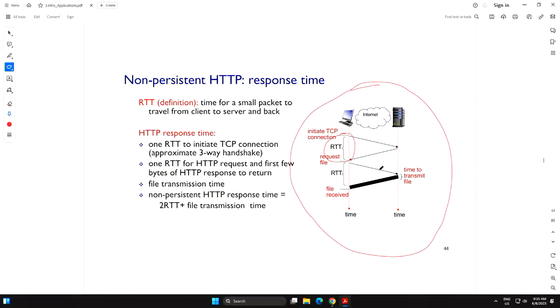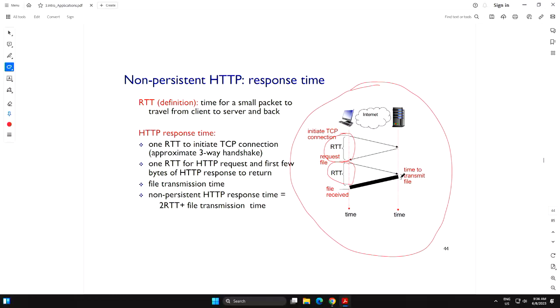So now HTTP is requesting the file, and the file will be transmitted here. So one RTT for the TCP, one RTT to get the file, and a little bit of delay here, depending on the size of the file. You know that the bits are transmitted sequentially, so if the file has 1,000 bytes, you have to send bit by bit. So there is a slight delay.